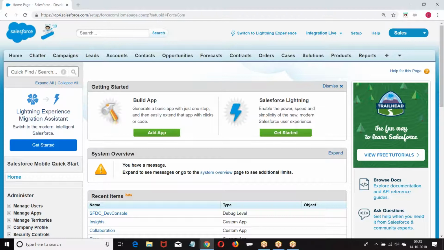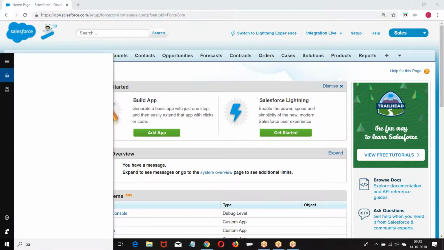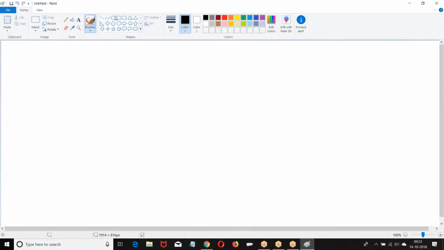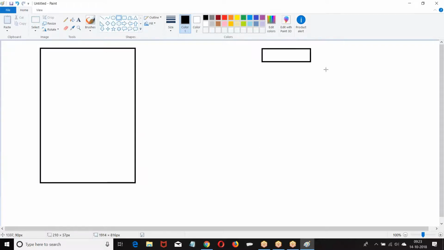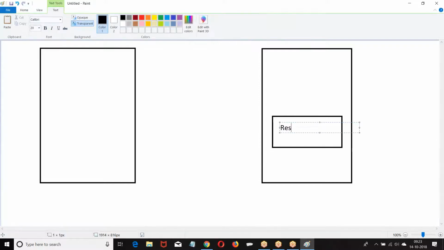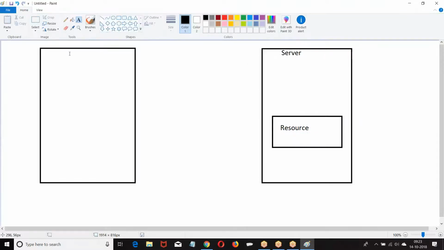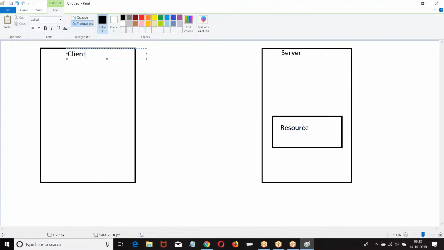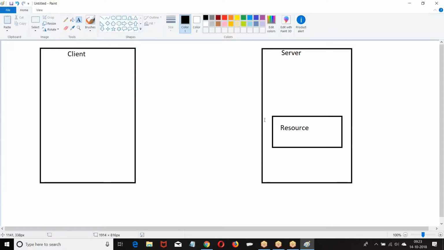In the REST API, if two systems want to communicate with each other and exchange or access a resource, if the server wants to share the resource with the client, then the server gives the URL of this resource.